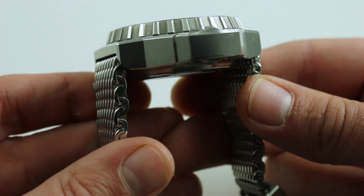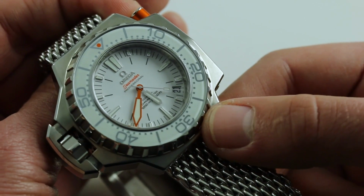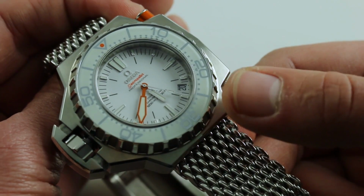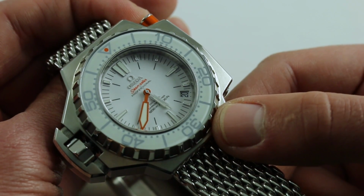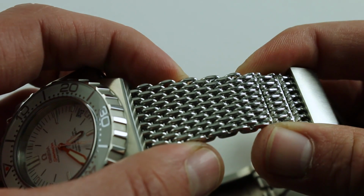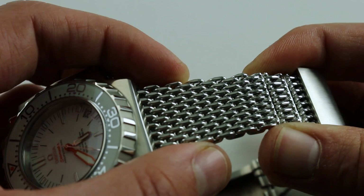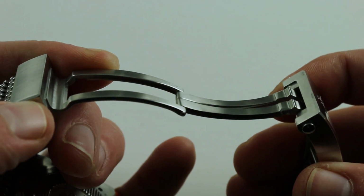And you can see the bracelet can be pulled straight down. So this is actually an easier watch. If you can deal with the heft of it and the thickness, it's an easier watch to wear on a smaller wrist than the Deepsea. Now, whether the look works for you is going to be a matter of individual taste. It's not a versatile aesthetic, but it is a purposeful one, and you can see the clasp is just as